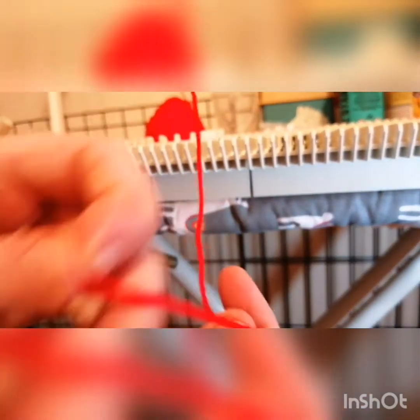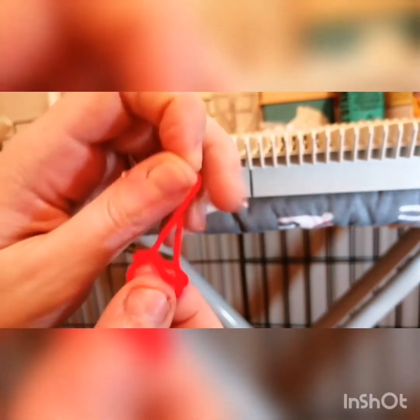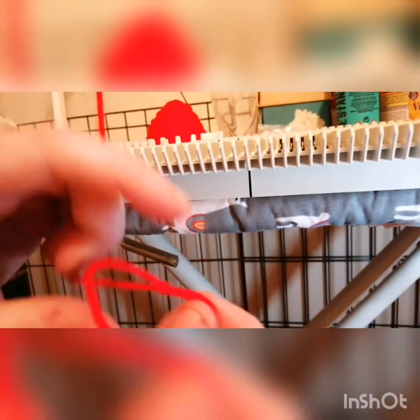slip knot. So to do a slip knot, you just wrap the wool around, pull it through, and that's your slip knot. So in case you missed that because you're too busy looking at my fingernails,